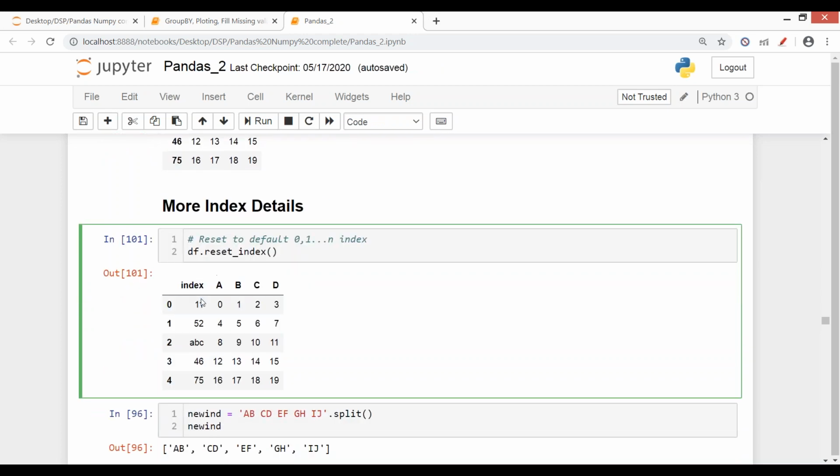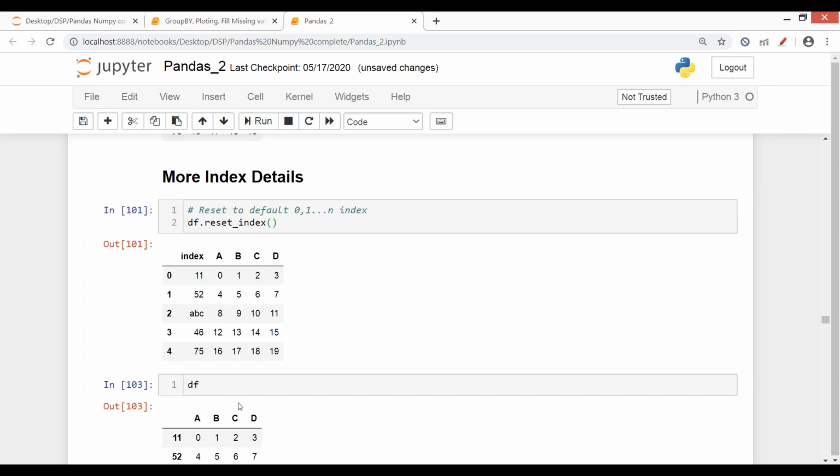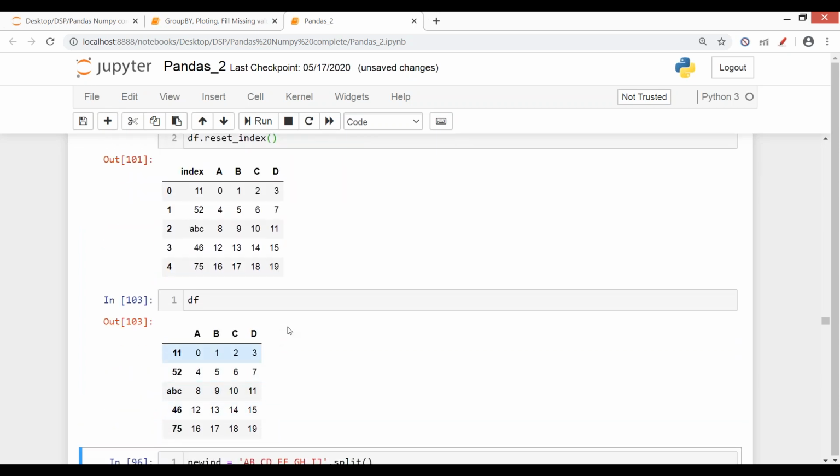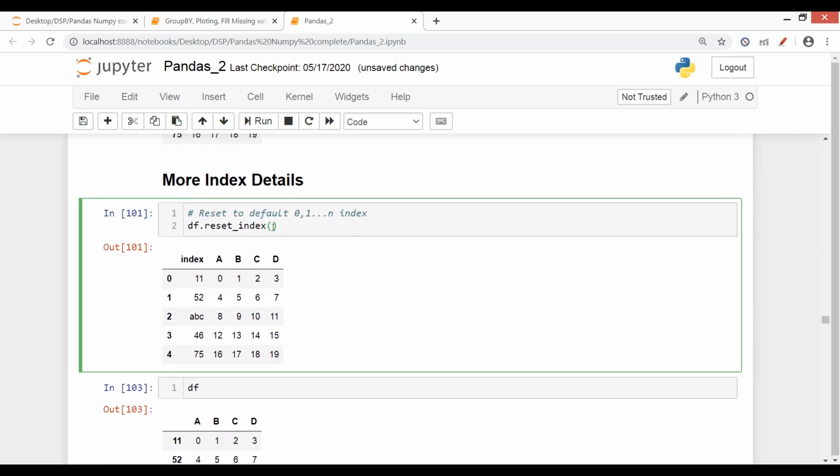Just like when I ran this command, see, this was our existing index 1152, and it has become a column. And I have not saved this permanently, so when I print my df here, you see my index is not changed. So in order to make a change permanent, you have to include inplace equals True.